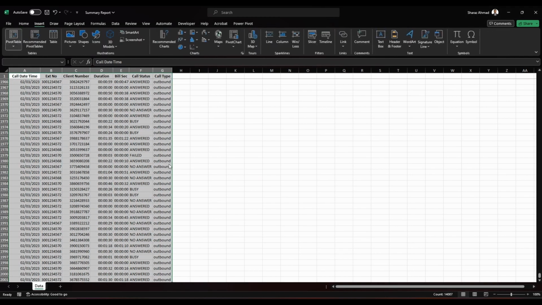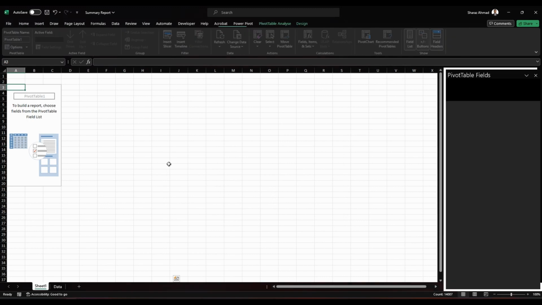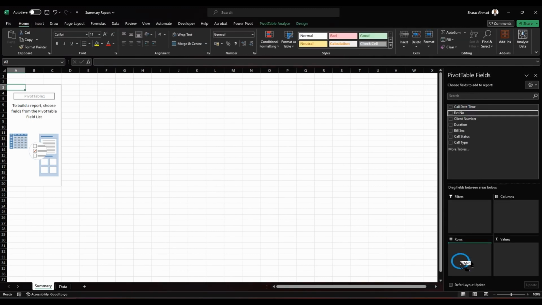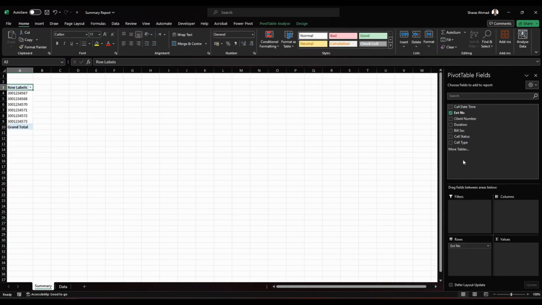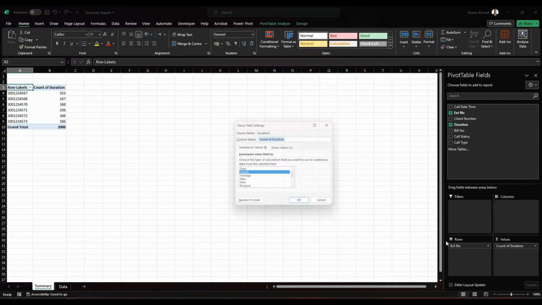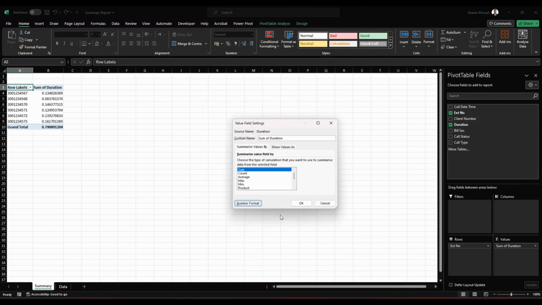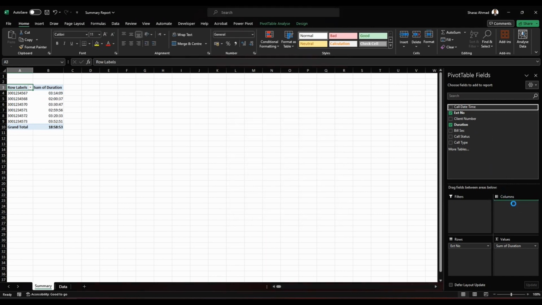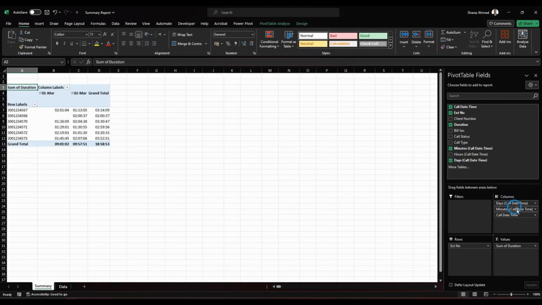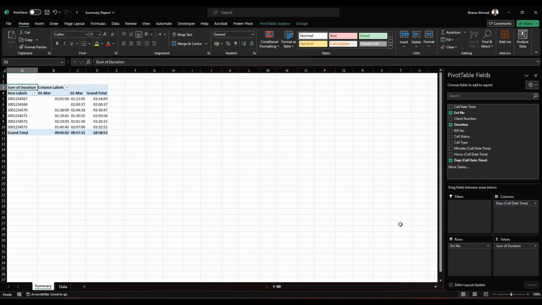Select all, insert pivot table in a new tab. You need extension number here, duration here. Change it to sum of duration and format as time. You need dates on the top. You, being an average guy, did this summary report and your boss was happy, and it took many hours to